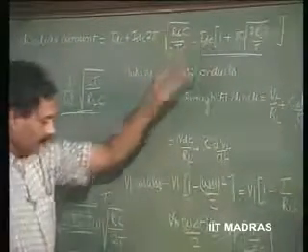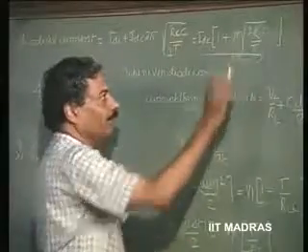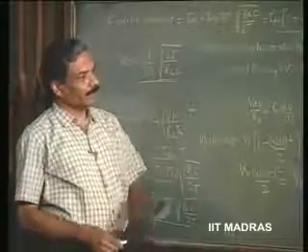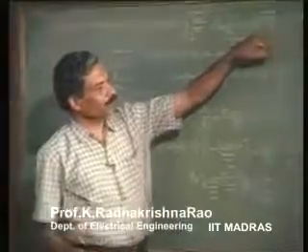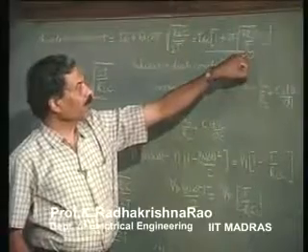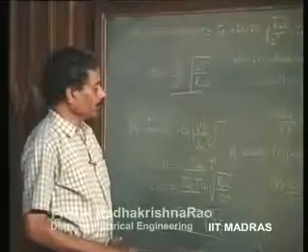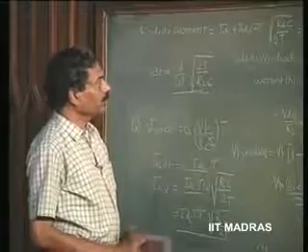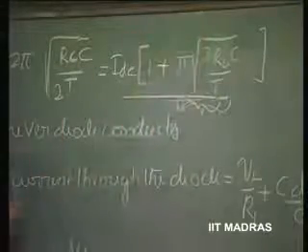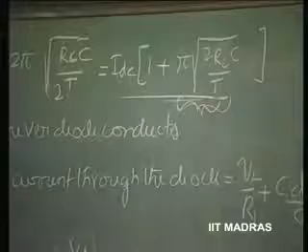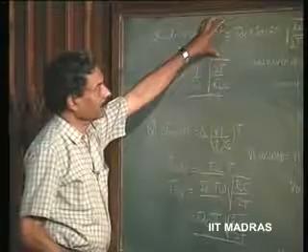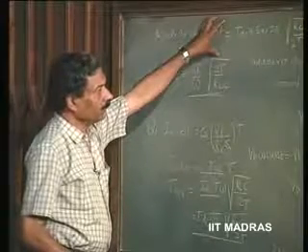So, this factor, if you evaluate for this problem, will be very nearly about 23.1. Please try to evaluate taking all the values of R L, which is 1.2 K, C is 192.3 microfarad and T is 20 milliseconds. So, it comes out to be much greater than this I d c. I would like you to evaluate this, and this is the one which normally fixes the value of the peak repetitive average current. So, please work this out.